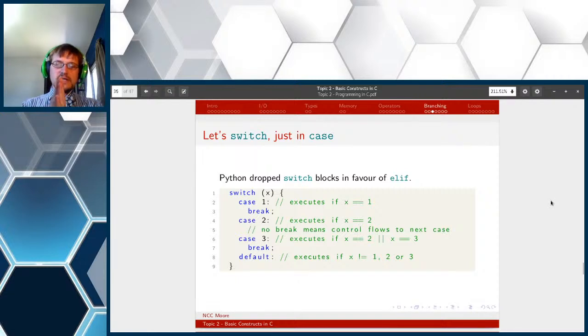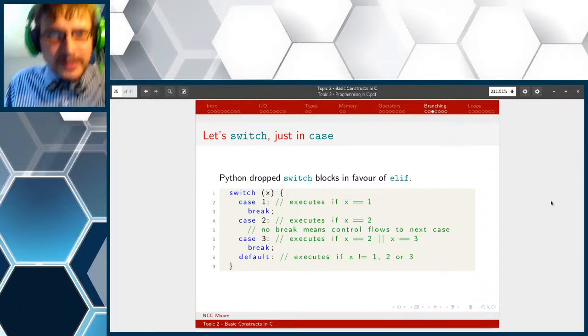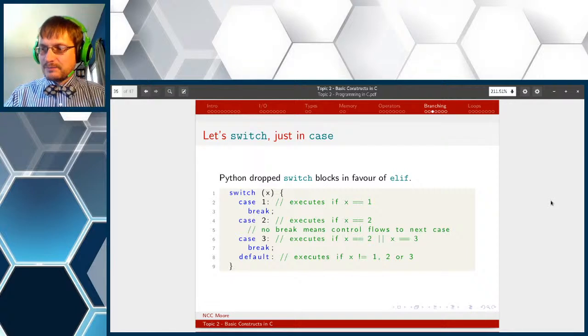So, let's talk about switch cases. Python does not have switch cases. It's actually one of my biggest bugbears with Python. Personally, I find Python and its attitude towards switch cases annoying. I feel like they did that specifically to irritate me. But,